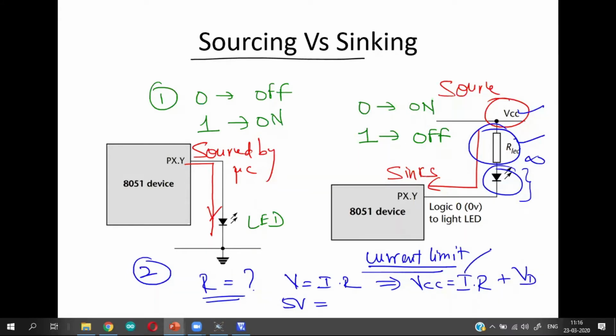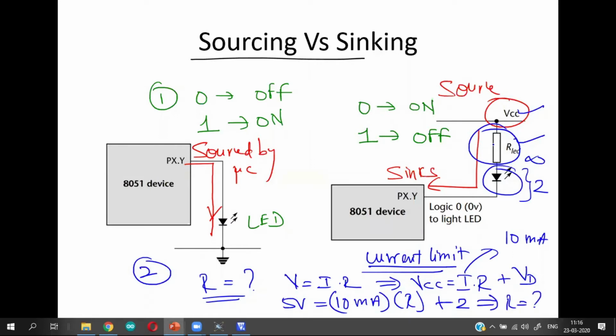The current that you wanted to flow through the circuit, you can fix, say 10 milliamps. So 10 milliamps is the current that I want. R is the unknown resistor which I want. Plus what is the voltage across the diode. When the light emitting diode is fully on, it roughly takes 2 volts. So from where you calculate what is the value of R.